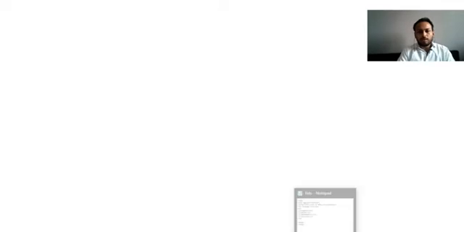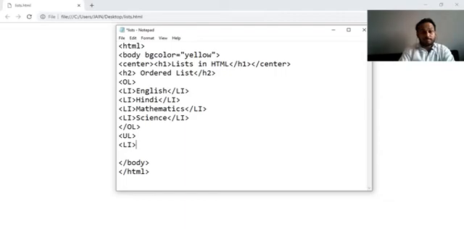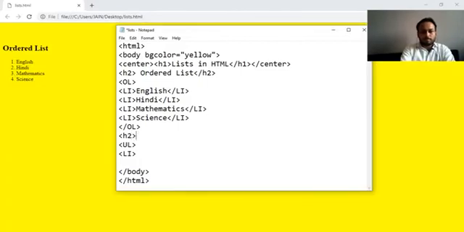Before the output comes, we'll start with the unordered list also. Unordered list UL, then LI. So let's have a look at the output.